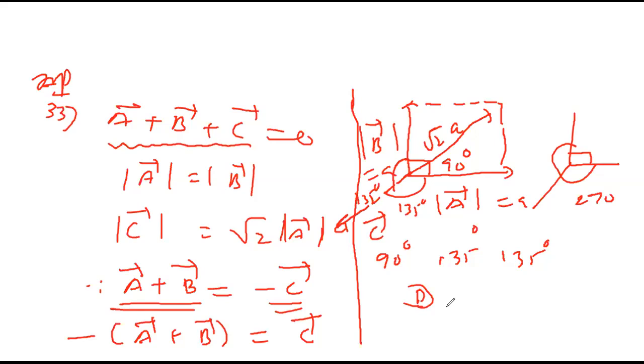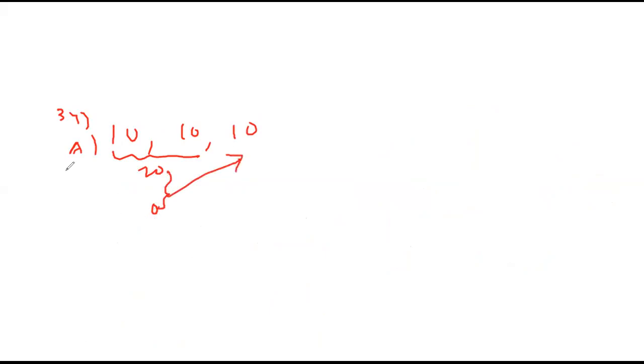Yes, completed. Yes, sir. 34. Out of the following set of forces, the resultant of which cannot be zero. Look on the board, on the screen in fact. 34, which cannot be zero. 10, 10, 10: its maximum is 20, minimum is 0. In between there can be 10. That 10 and this 10 can become 0. So this is not the answer. Again see, 10, 10: maximum 20, minimum 0. Between 0 and 20 we can have 10. This 10 and this 10 can become 0.